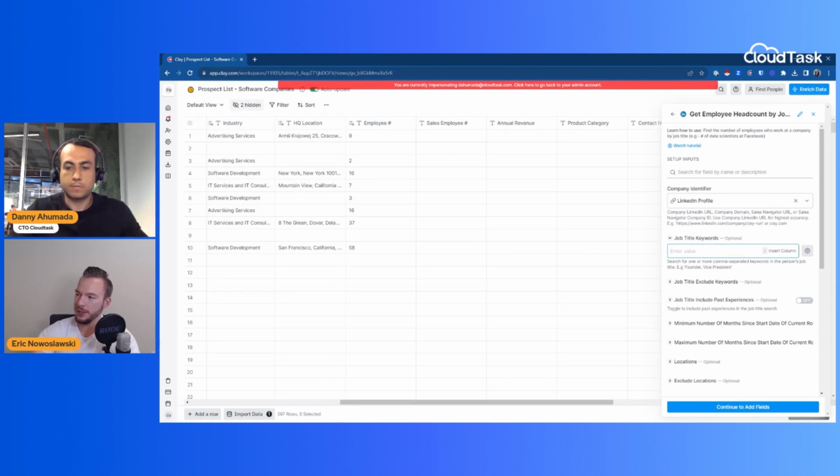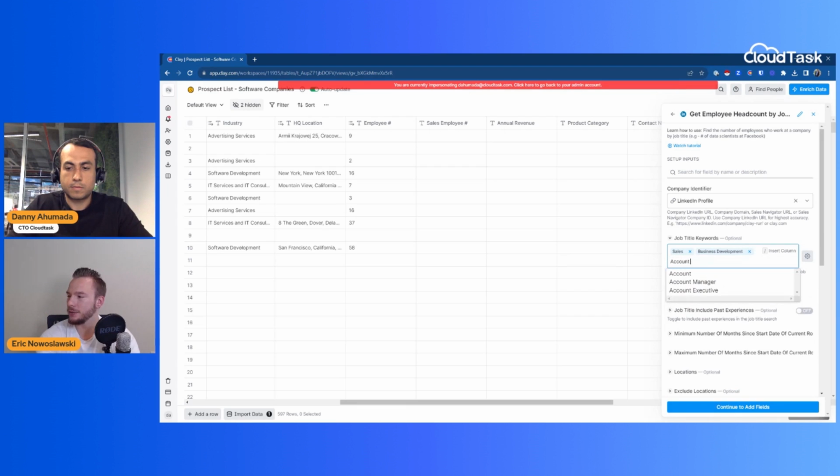And then we're going to look for keywords. So this is an exact match search. It's not a fuzzy search. So what I would do is look for anyone who says sales or business development or account executive. What other sales titles should we be looking for? Oh, revenue,